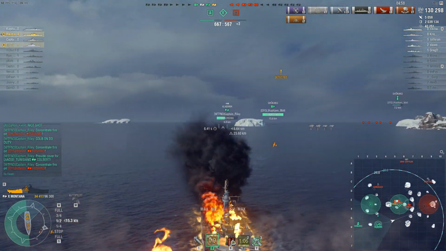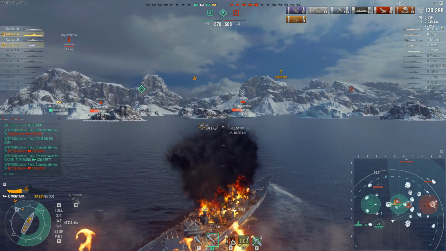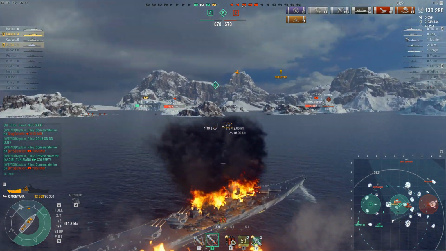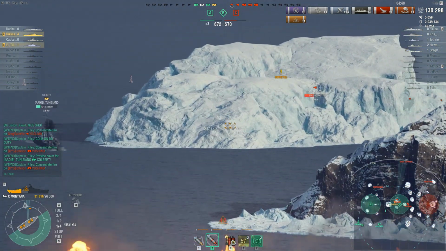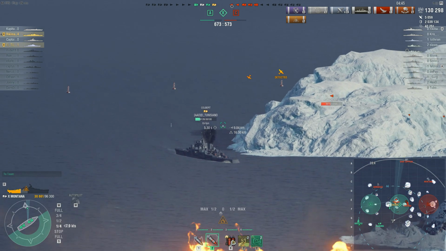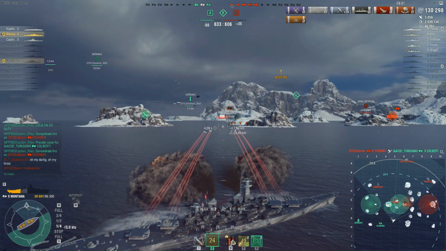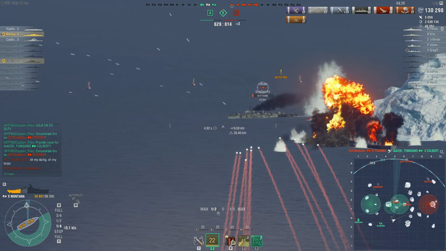So, looks like the Yugumo is potentially rushing the Colbert. Not sure if that's going to end well for the Yugumo. Then again, the Colbert is on very low health. So he's pointing his guns here to help out. It's hard to aim when you can't see the outline of the ship. So he could have shot a little bit sooner and oh...